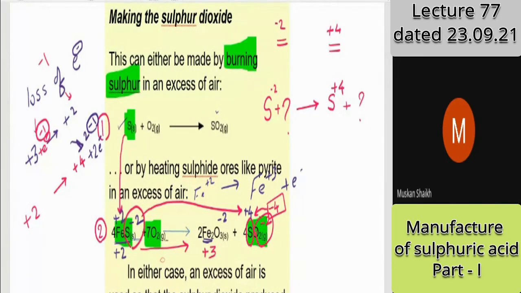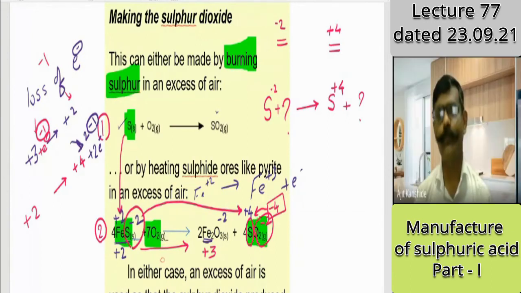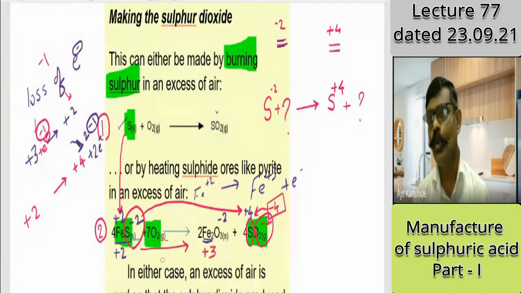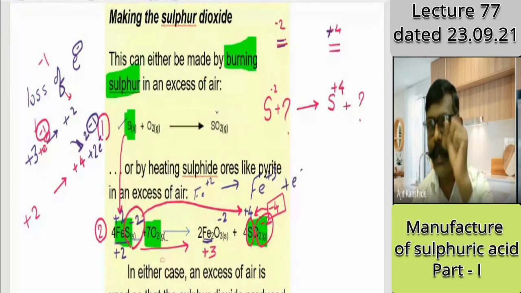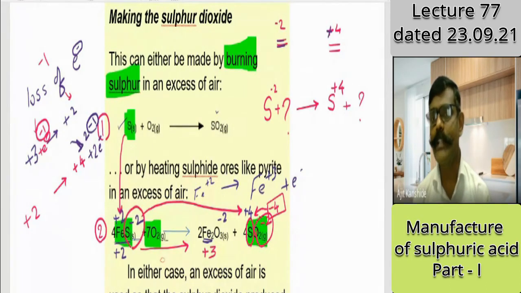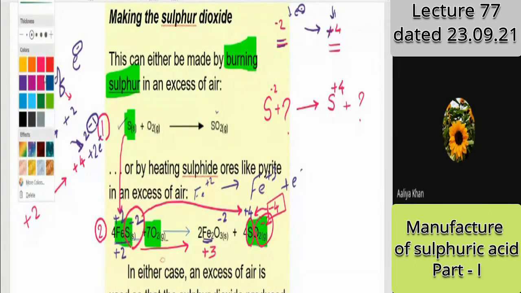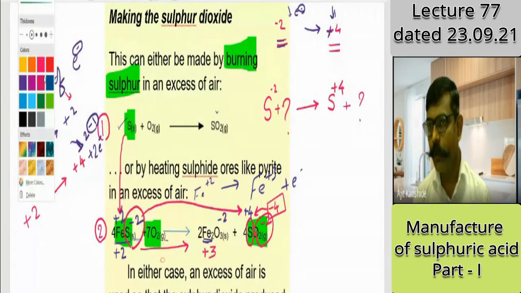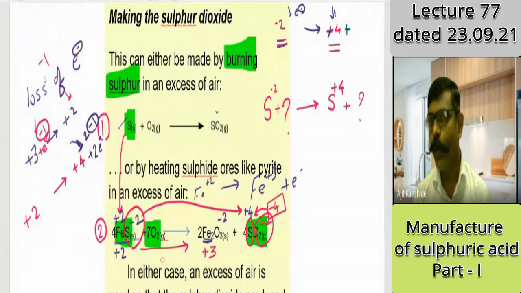Yes, sir. Same logic you have to apply here. You are converting minus 2 to plus 4, and in your hand only electrons are there. Electrons carry which charge? Negative charge. 1 electron is minus 1 charge. So where do you have to place electrons? You have to place electrons to the right side. Means you have to add electrons to the right side or add electrons to the left side? That is my question. Right side. Yes, what you are saying, I have to add how many electrons?